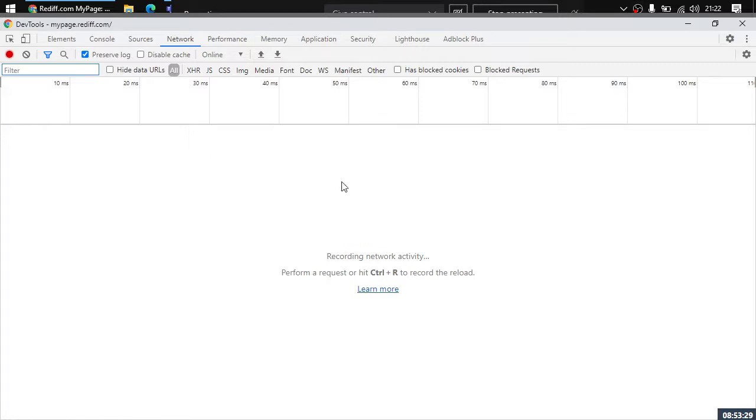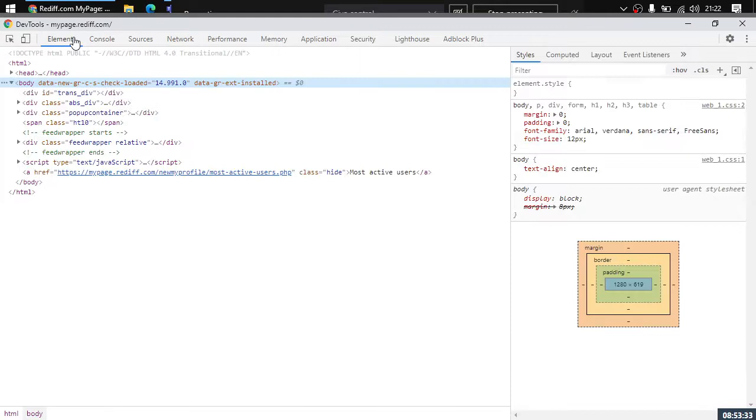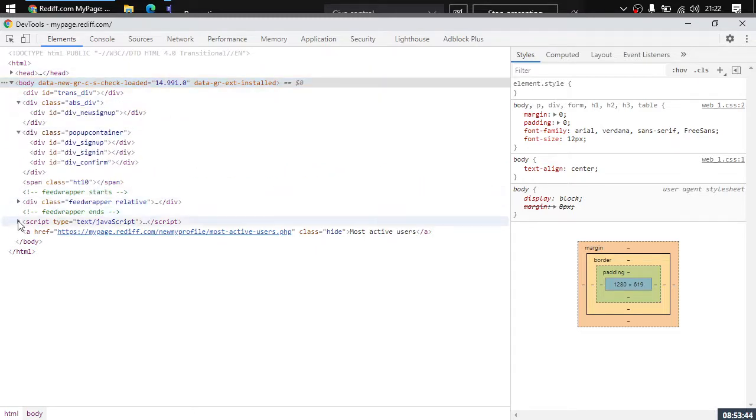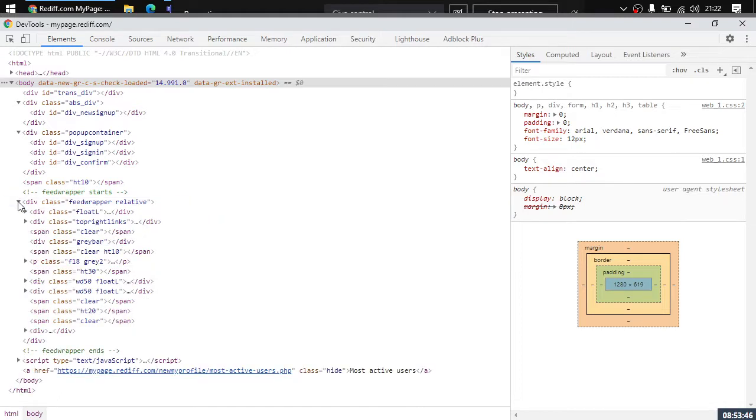Here on this particular screen, you would be able to see a lot of things. All you need to do is move to the elements tab. Here, these are the elements which are on the page. So the page is represented something like this. Here, you can expand the elements, you can close the elements, right? And you can deal with the elements. Let us now analyze the elements.